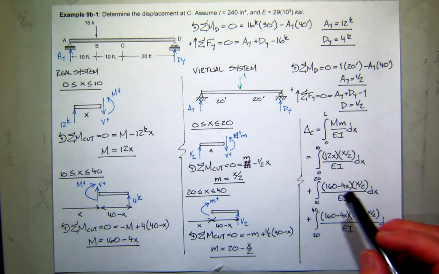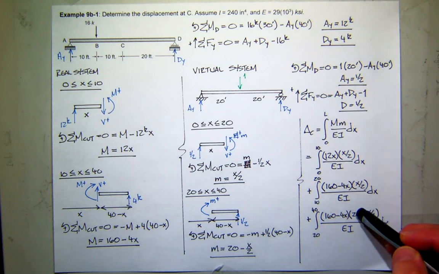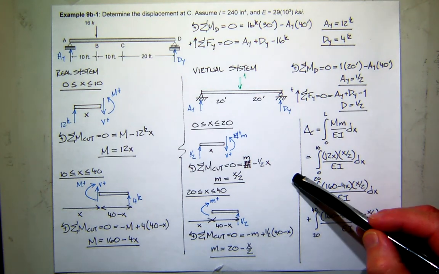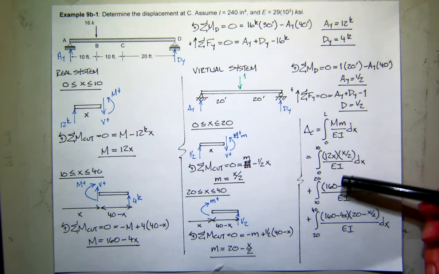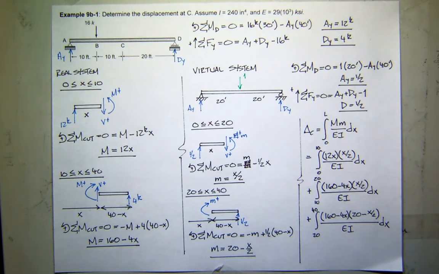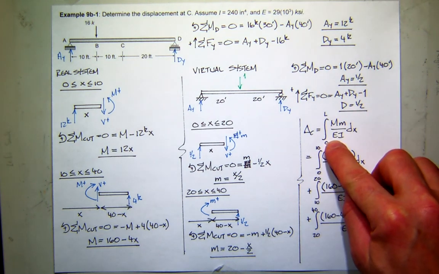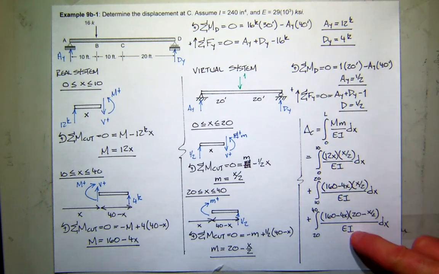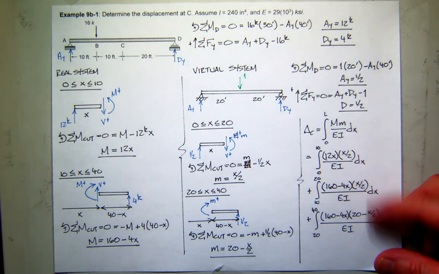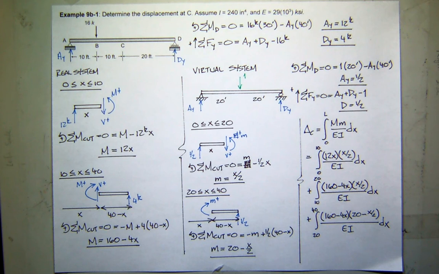So what I'll do for right now is I'll go back to my office and I'll finish this out. And when I publish this problem as a PDF, you'll see me finish this up and give you a numerical value. But I think for our discussions here today, it's good enough. What did you say that last column was? The virtual what? I'm calling it the virtual work equation. This is the general virtual work equation. This is just in general. But now you've actually filled it in with the values that are appropriate for this problem. And that's the work. At this point, you're just an integration monkey. Okay,